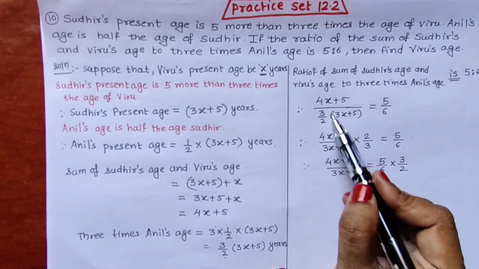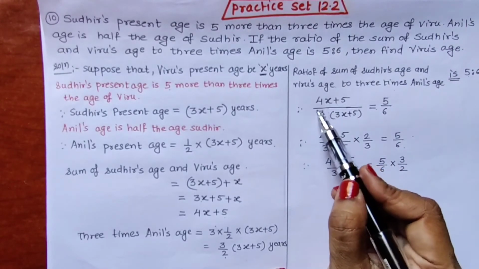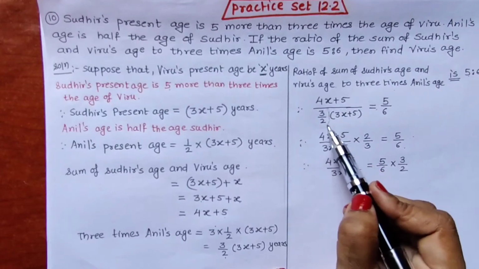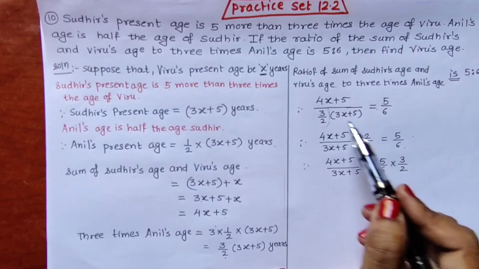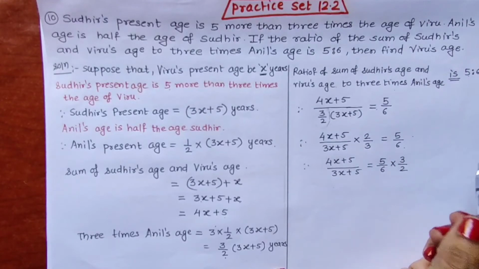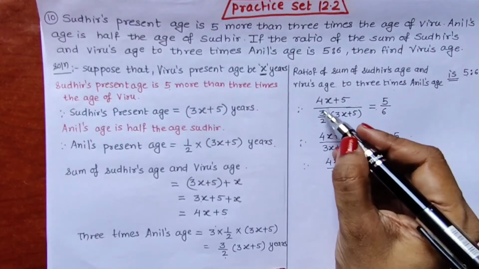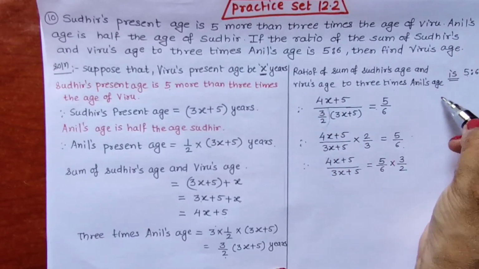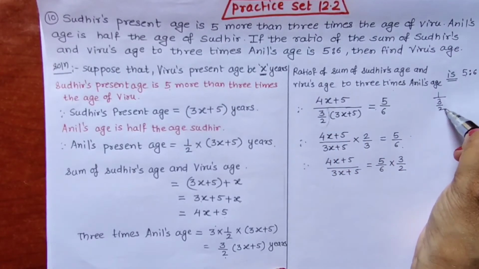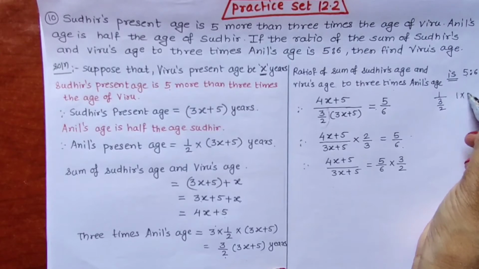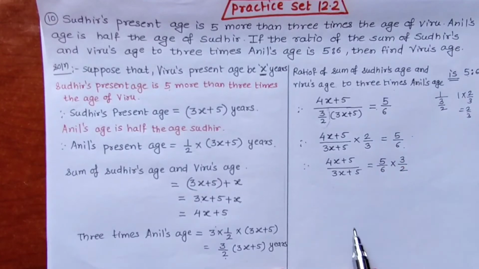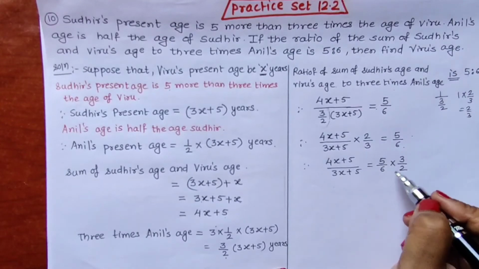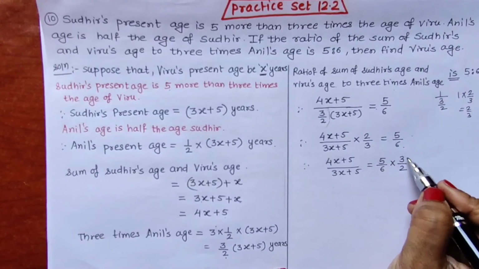Here it was in denominator. So we have removed it from denominator and we have written it right here in front, in numerator denominator form. So it has become 2 upon 3. It is 3 upon 2 means what? It is 1 upon 3 upon 2. So it can be written as 1 multiplied by 2 upon 3. So it becomes 2 upon 3. So in this way this 2 upon 3 we have written here. Now if we want we can cancel, otherwise we can write as it is.